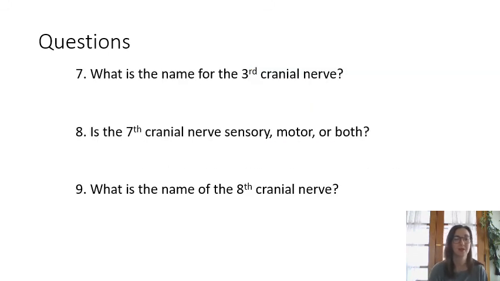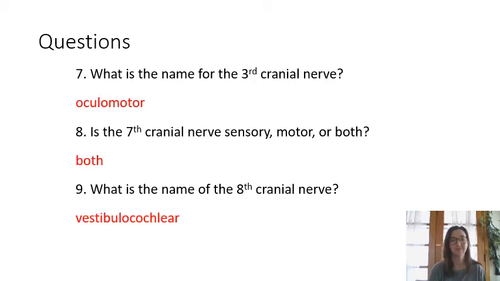Last set of questions here. What's the name for the third cranial nerve? So think of what your third cranial nerve is. The seventh cranial nerve, is that going to be a sensory nerve, a motor nerve, or both? And then what is the name of the eighth cranial nerve? All right, so the name of the third cranial nerve is your oculomotor nerve. The seventh cranial nerve is both sensory and motor. And then the eighth cranial nerve